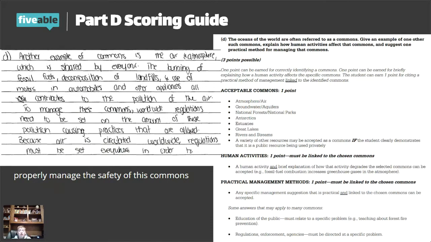The pollution of the air. So you guys think that it got the point? I don't think that it got the point. So maybe let's see if we can agree on this next one.